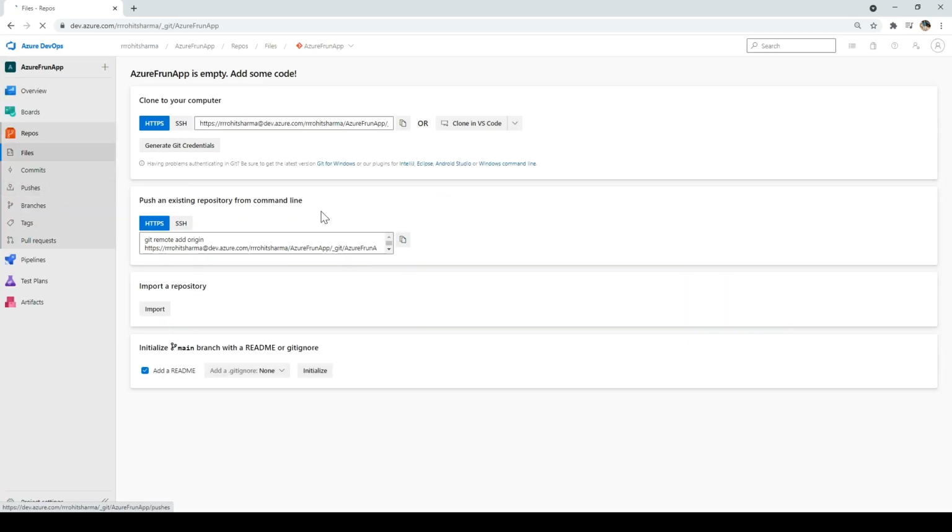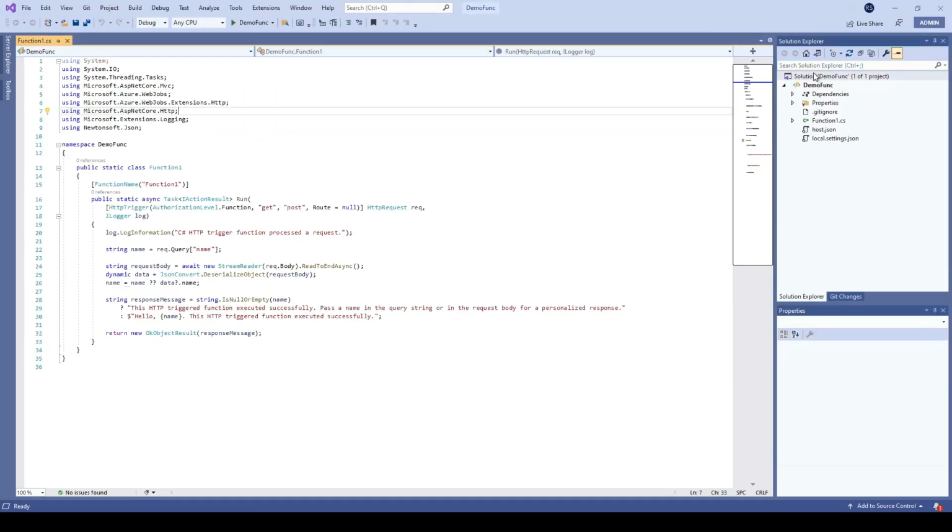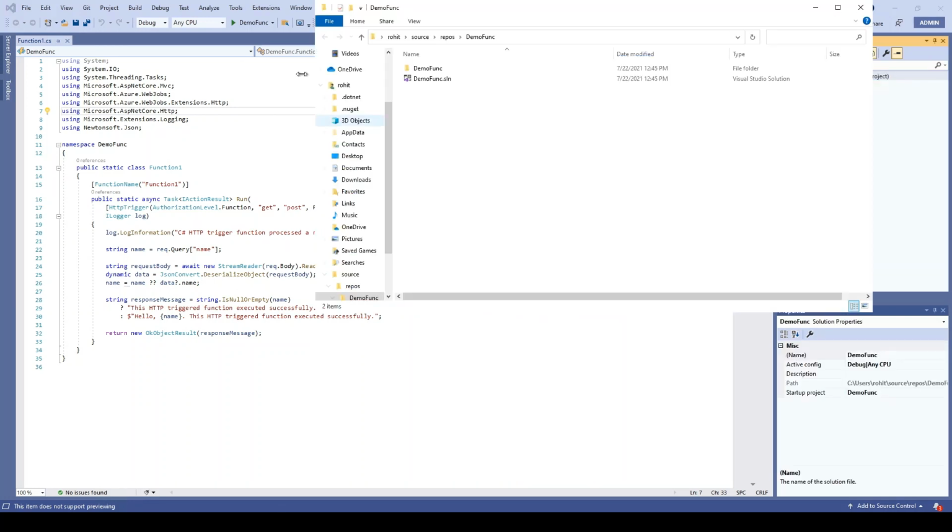And I'll go to repo, and I'll copy this because this is needed to push the code to Azure DevOps. And I'll go to the folder where the Azure function project I have created. First we'll go to the place where the solution is kept, and in that type cmd.